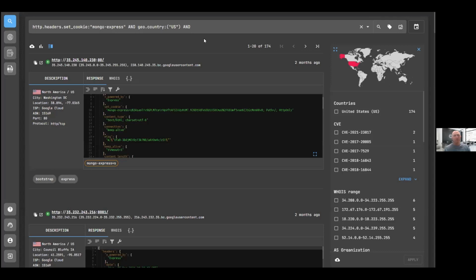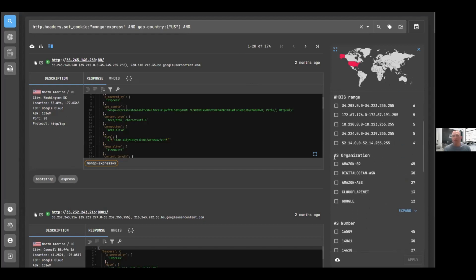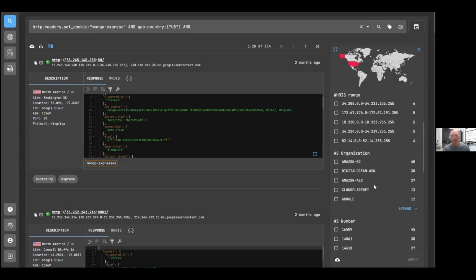Now, if you set and add the organization name, if you have a specific organization, then it's a super important tool that we have as analysts to get the attacker's view. What else can I see here is the country, the CVEs, the related risks that these Mongo instances have. The whois ranges, the AS number, so what are the organizations that the naming is associated with. So we can see that there are several cloud providers.